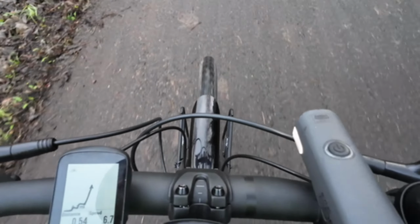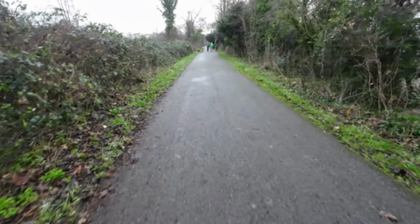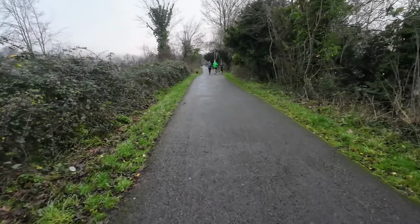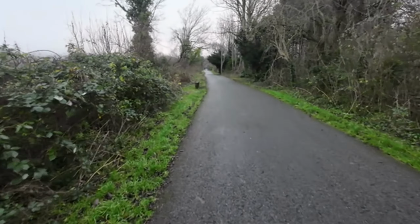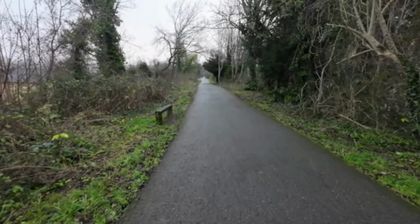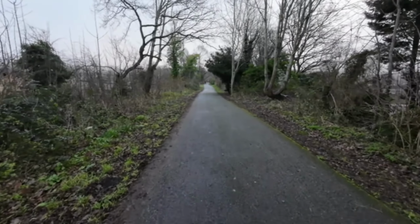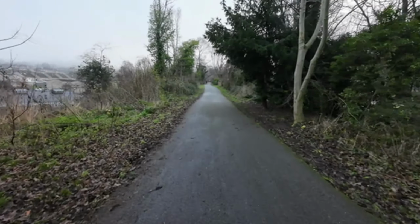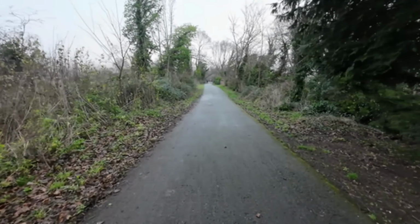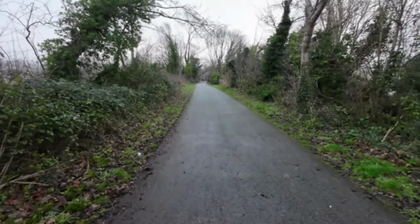I'm out on my Giant SLR Tough Road 2 bike, my new touring bike stroke winter bike, and I'm heading up to Devonshire Tunnel. This is the course of the old Somerset and Dorset Railway as it climbs steeply out of Bath, just a couple of streets away from where I live. One of the tunnels, the shorter of the two, is actually closed at the moment, but we're going to go up to the northern portal, and that would be the first stop on Curran's ethnic Roman tour of